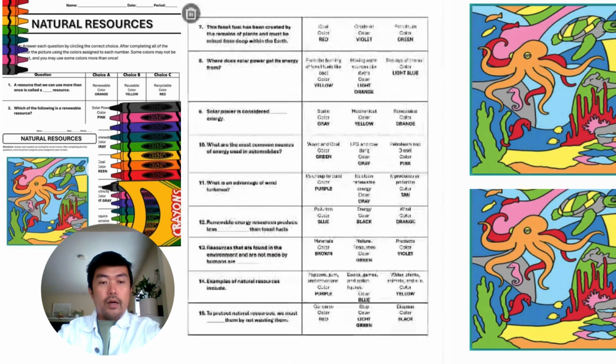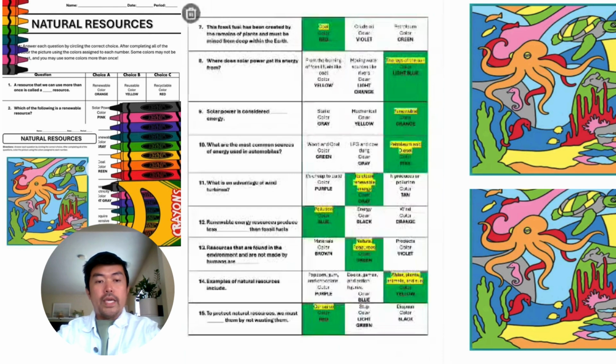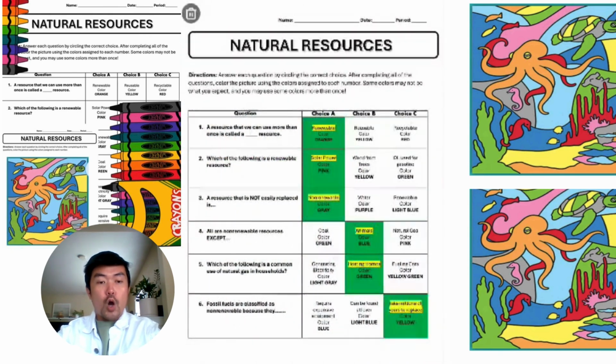So in this particular activity, the answer key is also provided, as you can see there. All those that are shaded with green are the correct answers to the questions, so that it would be easier for you to check the answers of the students since the answer key is provided already. Then once they are all done answering the questions, they can proceed now to the drawing, which is at the